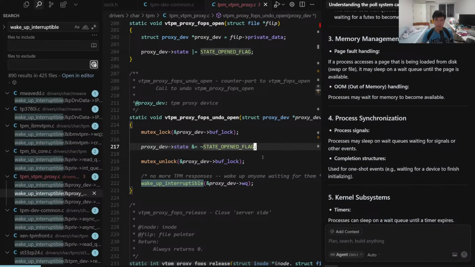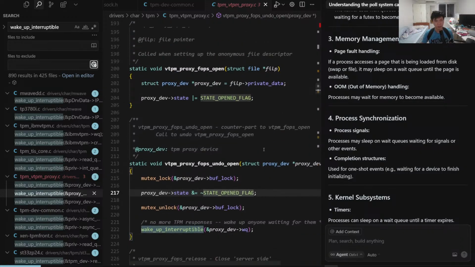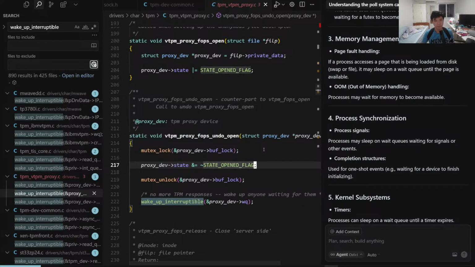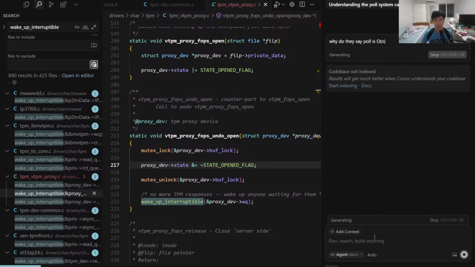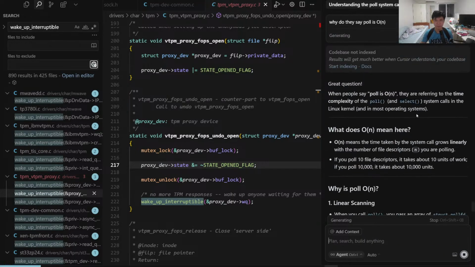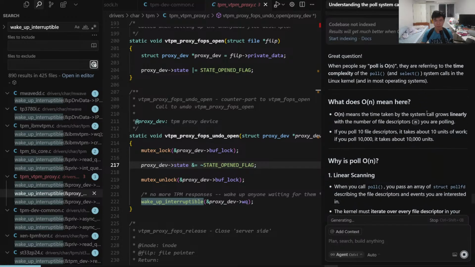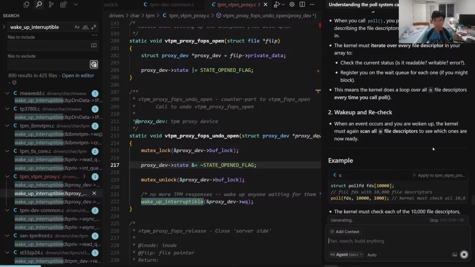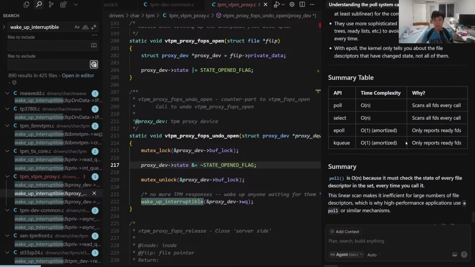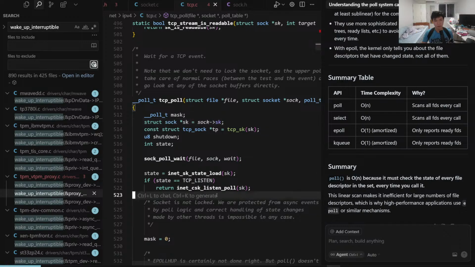Okay, I guess the whole wait queue thing is in general quite a theme. So why would they say this, like where is the part where it's OM? I see, I see. So where's the part where you wake up? I think it'll probably be TCP here. Right? So here